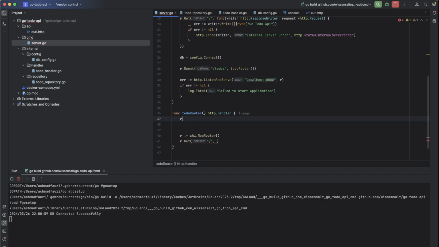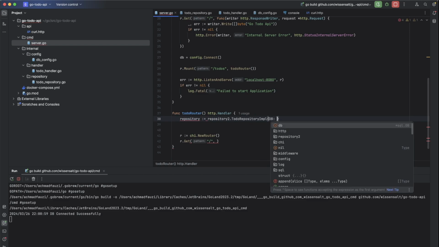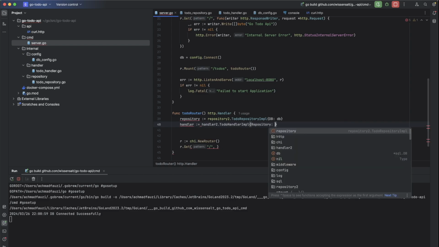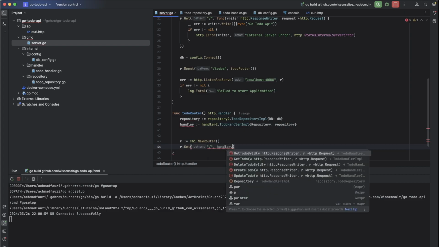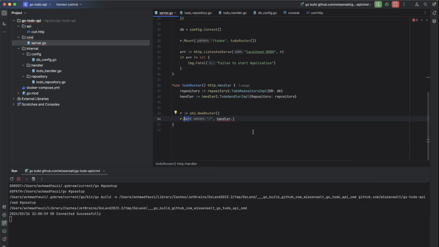The first one is the repository equals to do repository implementation, which will require the db, and handler equals to do handler implementation, which will require the repository. Okay, handler dot the first is create, so we are not going to get.